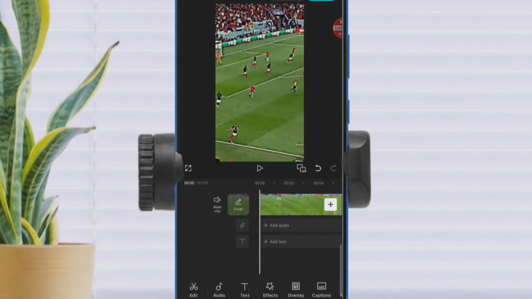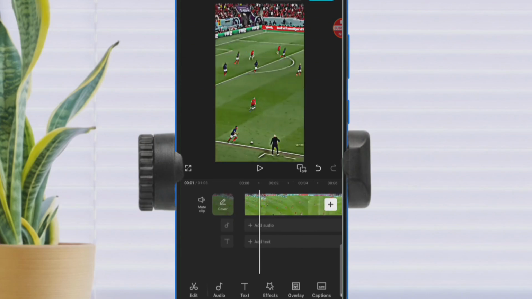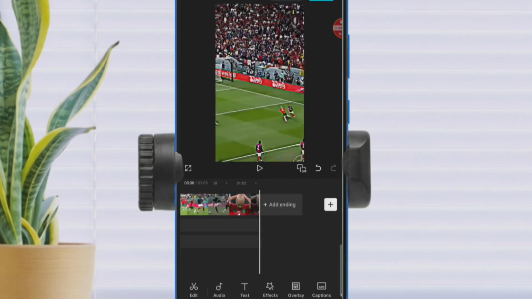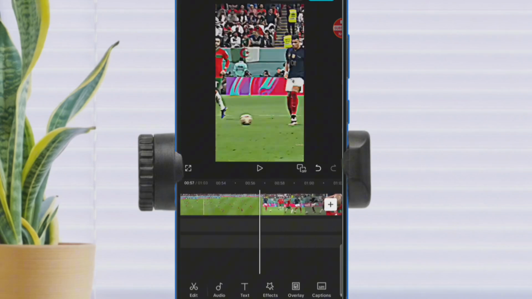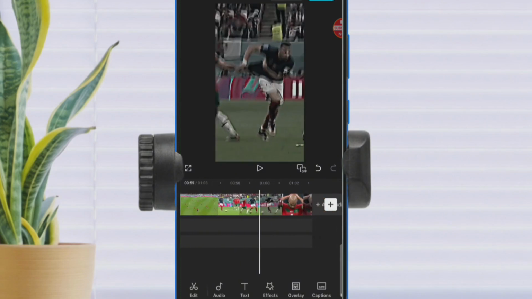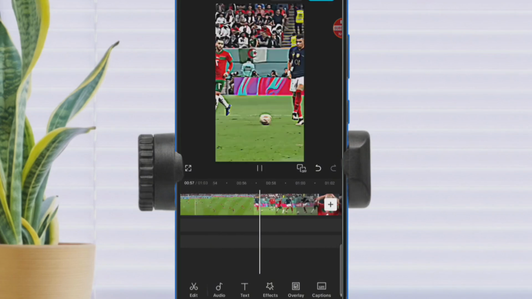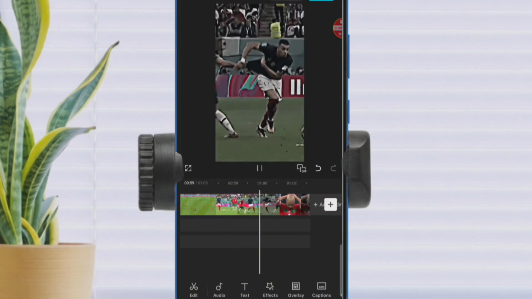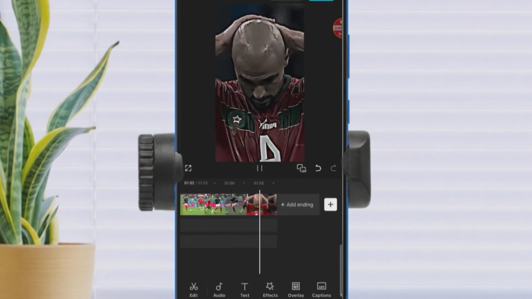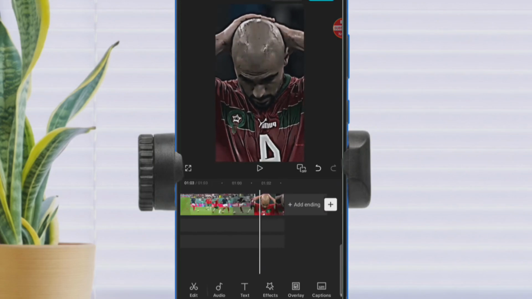So edit the beginning of the video, somehow change some things at the beginning of the video, and at the end of it, somehow change some things. Just make sure you change some things at the beginning, the middle, and the end of the video. So let's check. Imagine they already did this, and this is another editing.